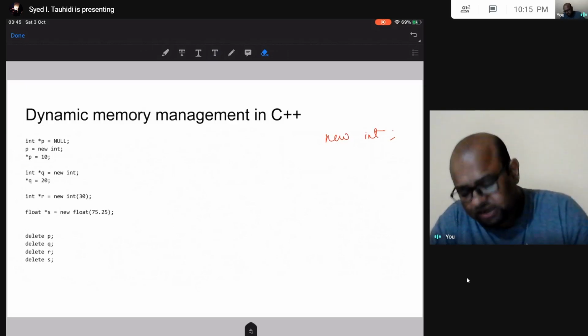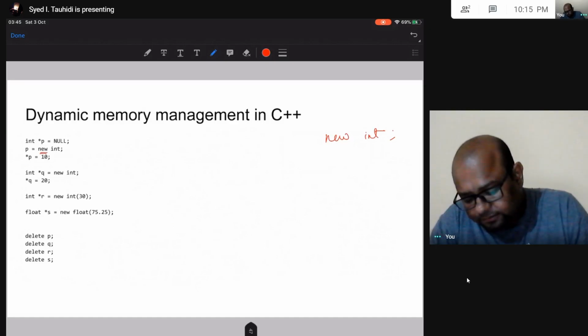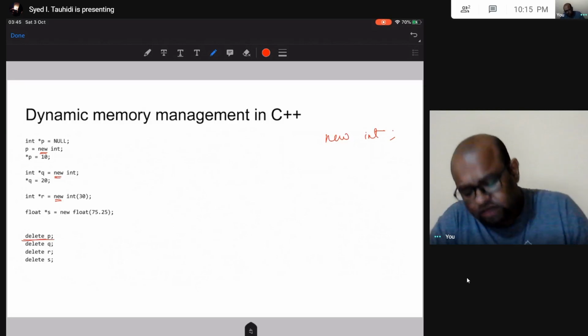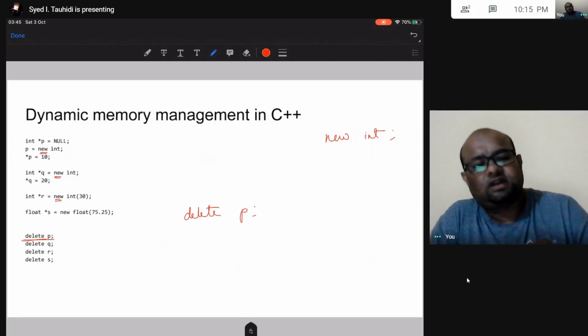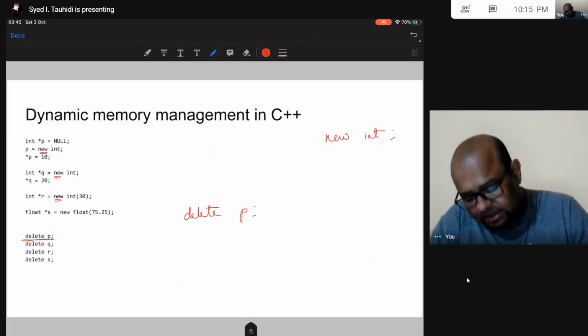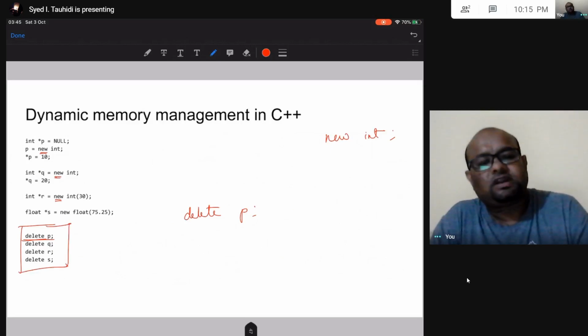Here I am using new to allocate memory, and I use this delete keyword to free up the memory. So when I write delete p, I am freeing up the location that was allocated to me in heap, that was pointed to by this pointer variable p. Okay, so this is how I free up memory allocated to me in heap.